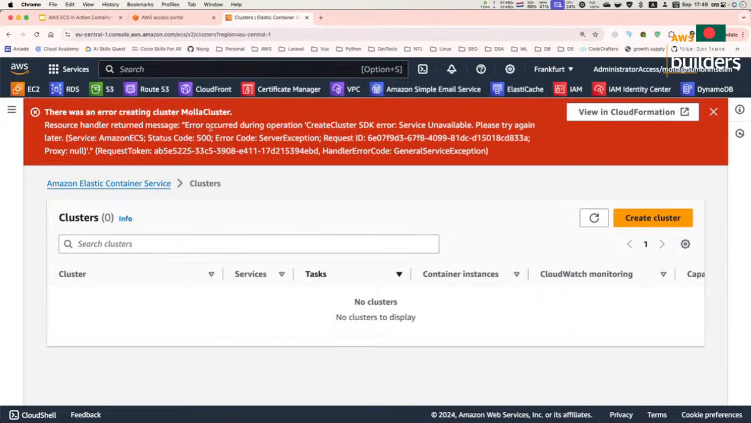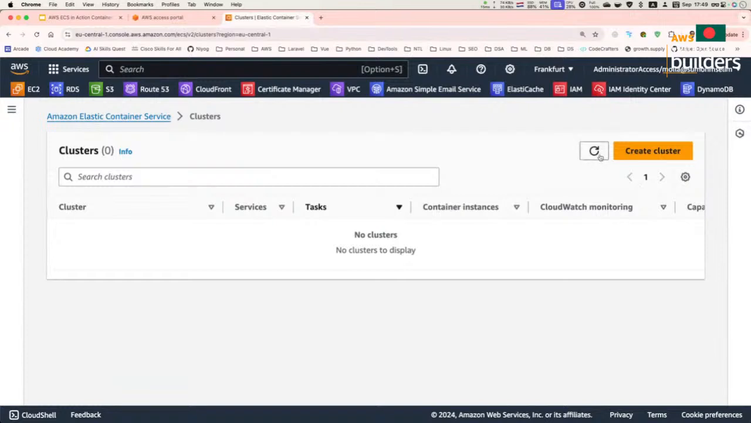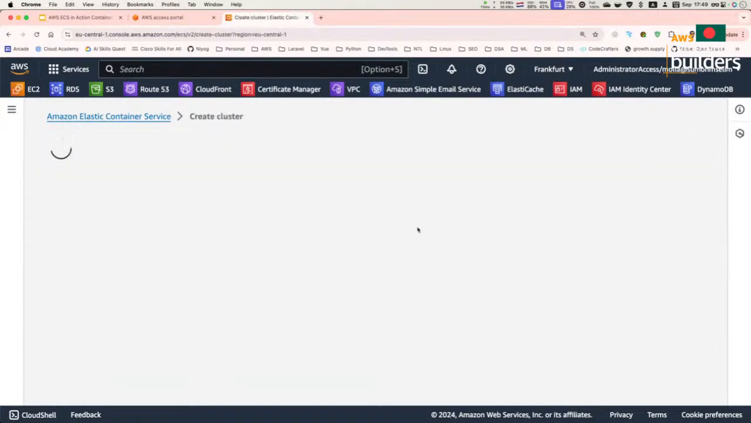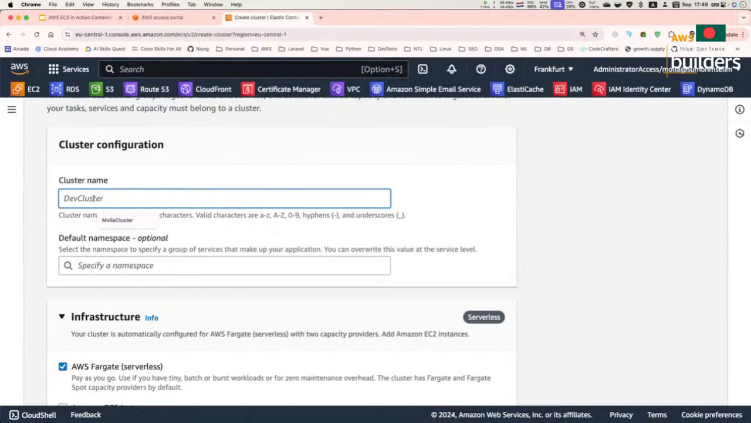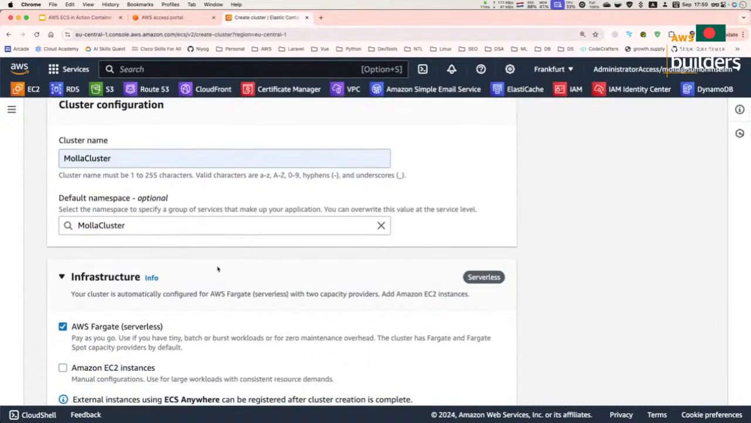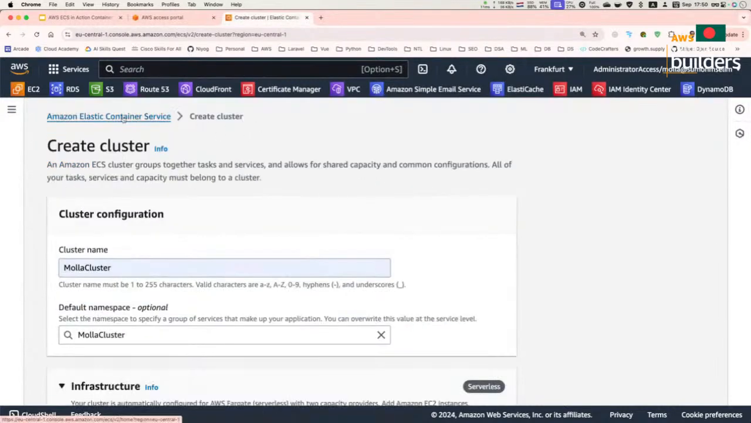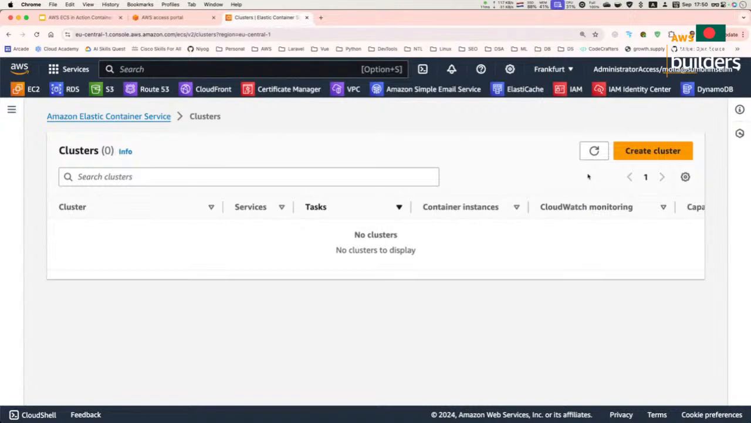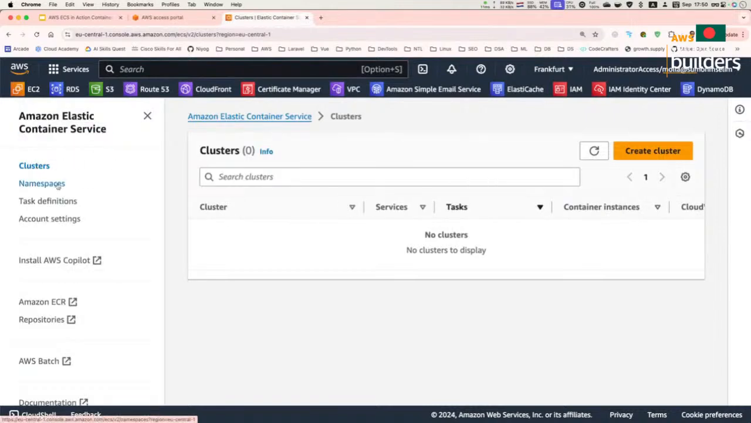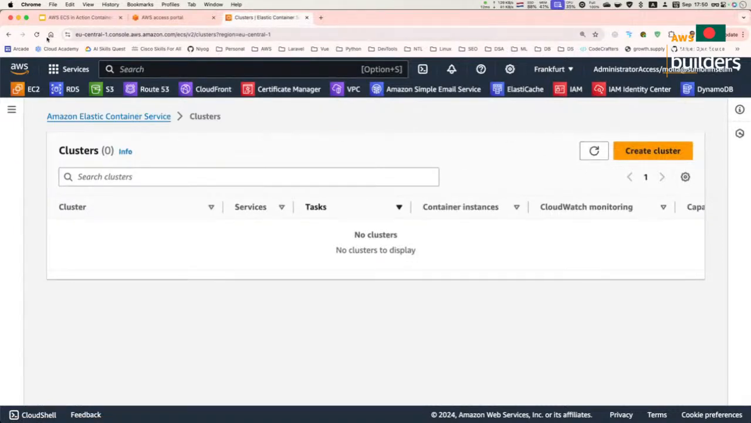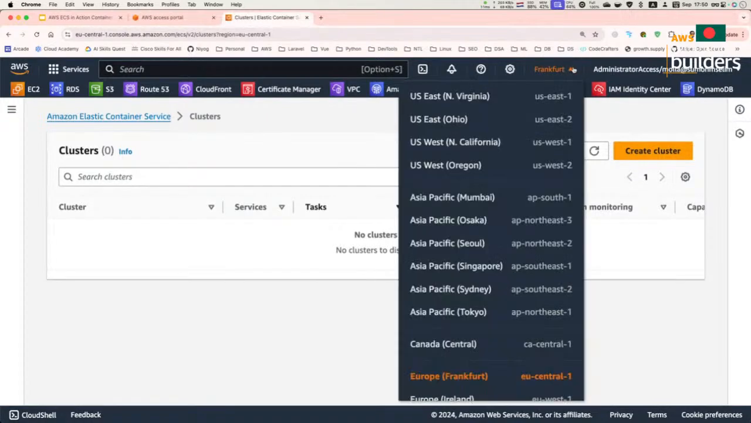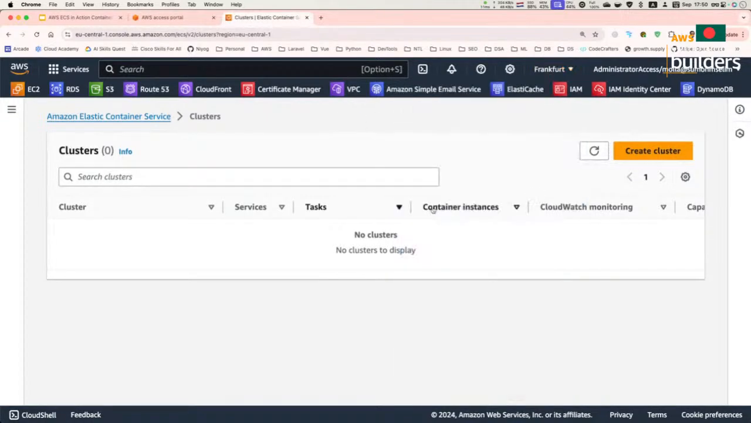So okay, it says create cluster has an error. I'm not sure why it happened, but this is the first time I got an error while trying to create a cluster. So let's try again and see. Okay, I think there's something weird going on with AWS. Can you change the region? Yeah, we can try. But most probably there's something wrong going on with this